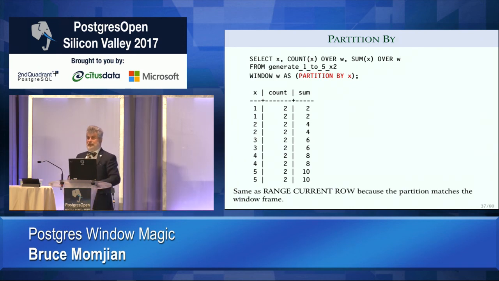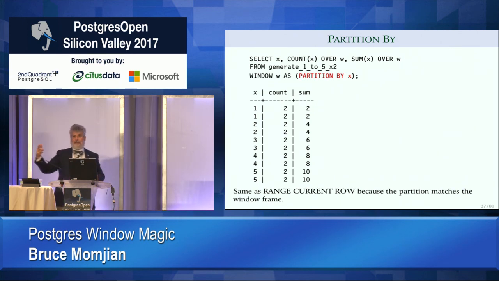And I'll show you some specific examples later on of when you might want to do that. Now, by adding partition by X, it effectively behaves as though it's a range query, because instead of having an order by X where current row 1 is the same as current row 2, now I've created a partition. Now the first 2 rows are all partition, and the second 2 rows are all partition, and the third 2 rows are partition. So there is some overlap in how this behaves. Okay? I'm not going to deny that.